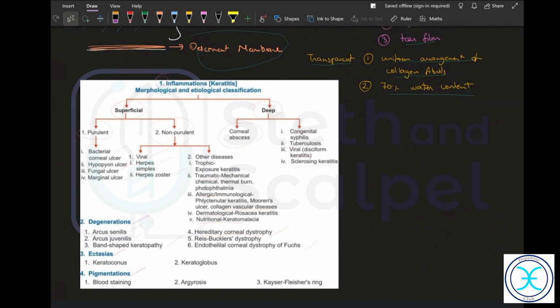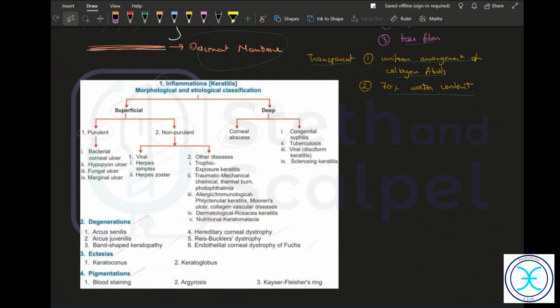Guys, like we were talking about the conjunctiva, we had inflammatory conditions, allergic conditions, and then degenerations, and then deposits like that in the cornea. What are the different kinds of conditions we're going to have? Inflammations, opacities, degenerations, dystrophies. You know those rings which you see in the cornea, Kayser-Fleischer rings. Metabolic, copper deposits. Iron lines, copper lines, so those also can be seen in the cornea.